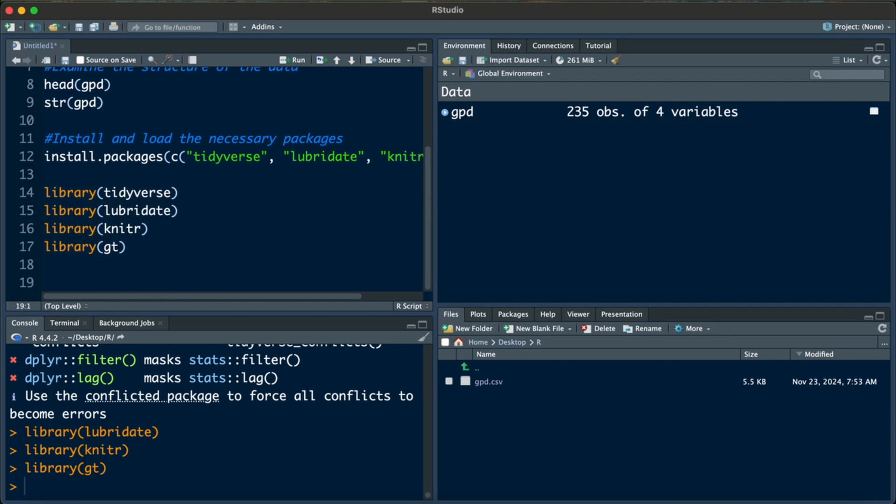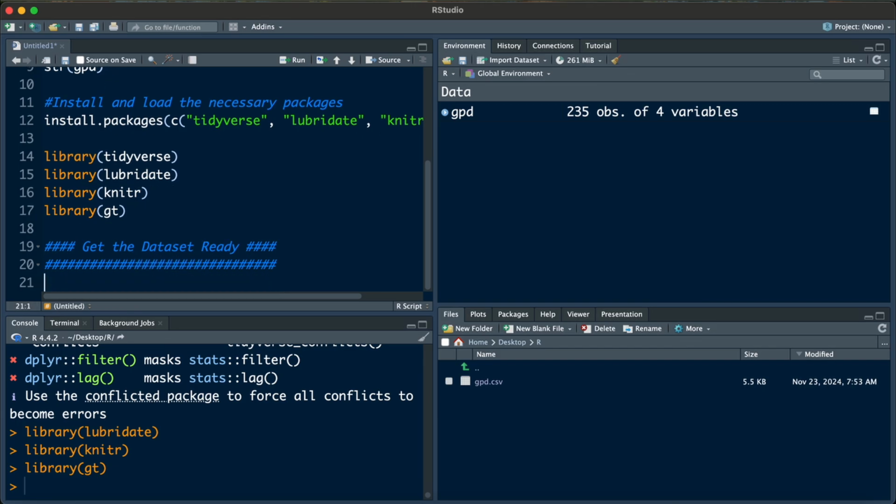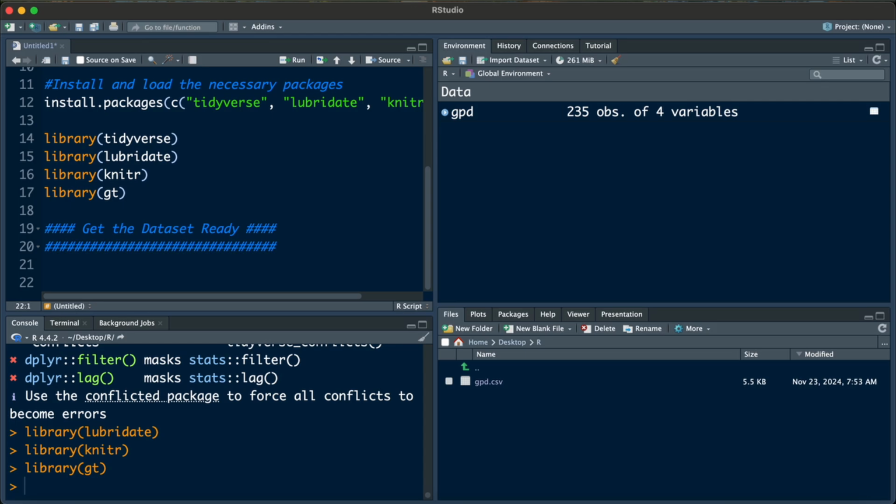So let us try to get our data set ready. I'm actually using several number of hashes to make it a title. So for getting the data set ready,